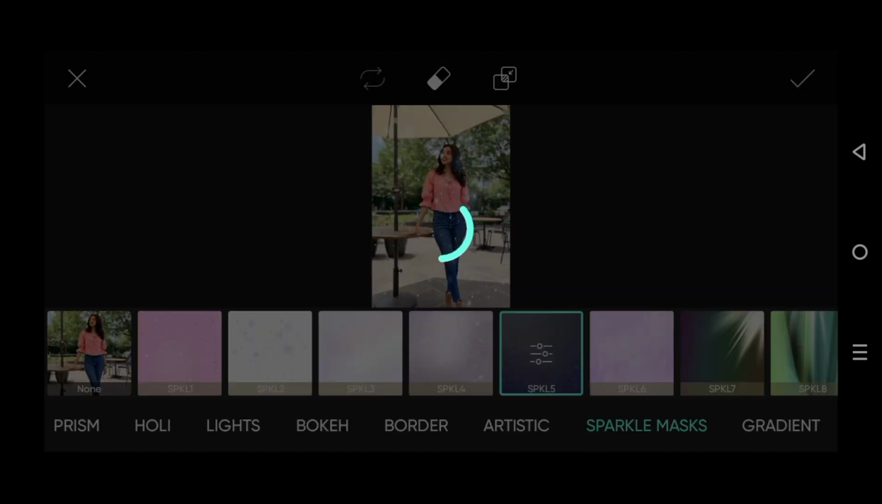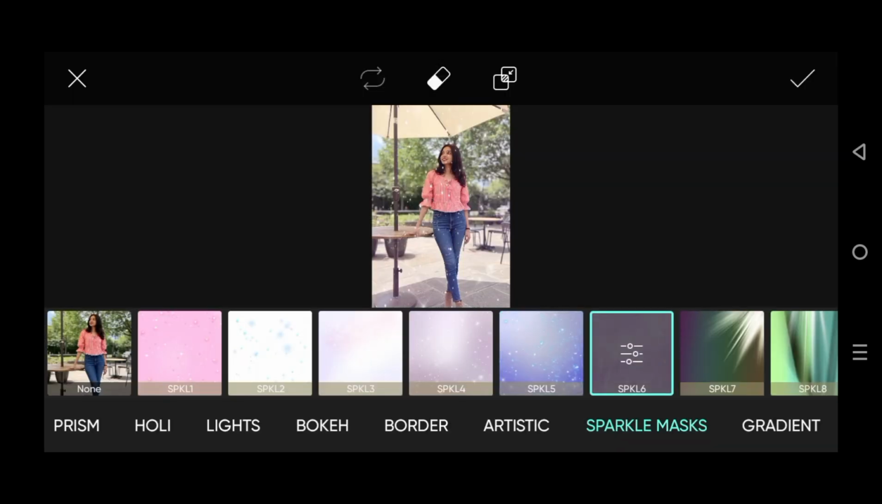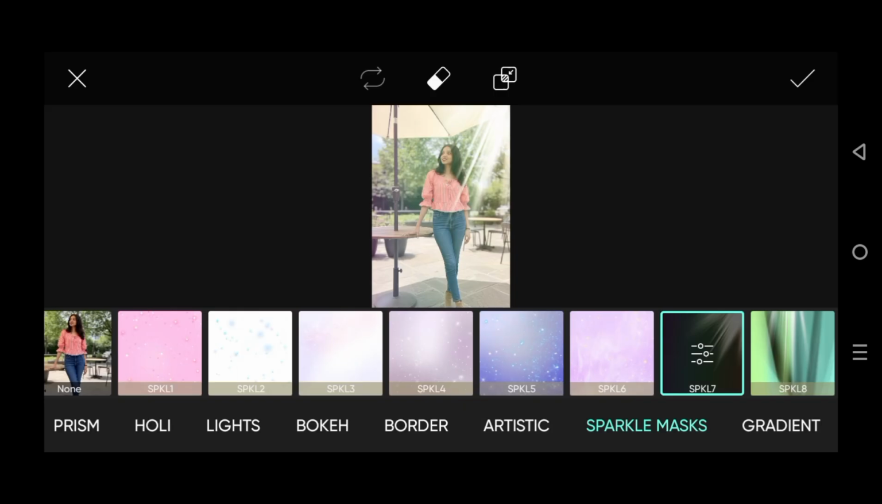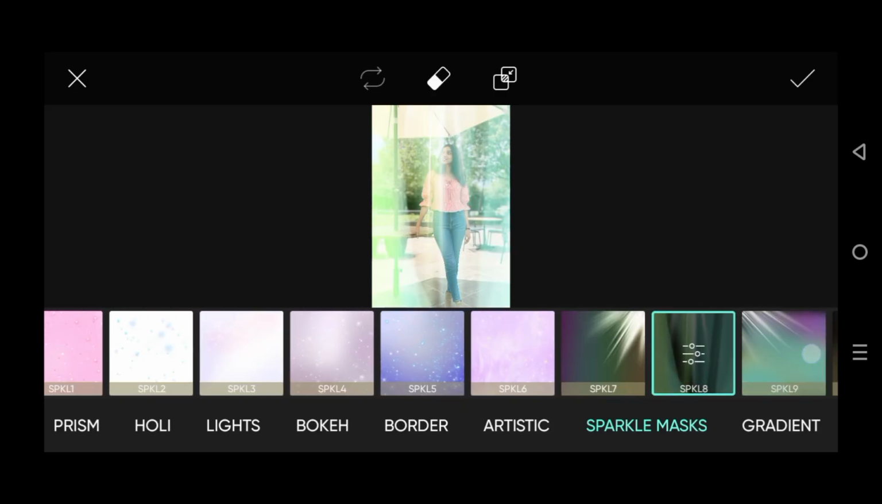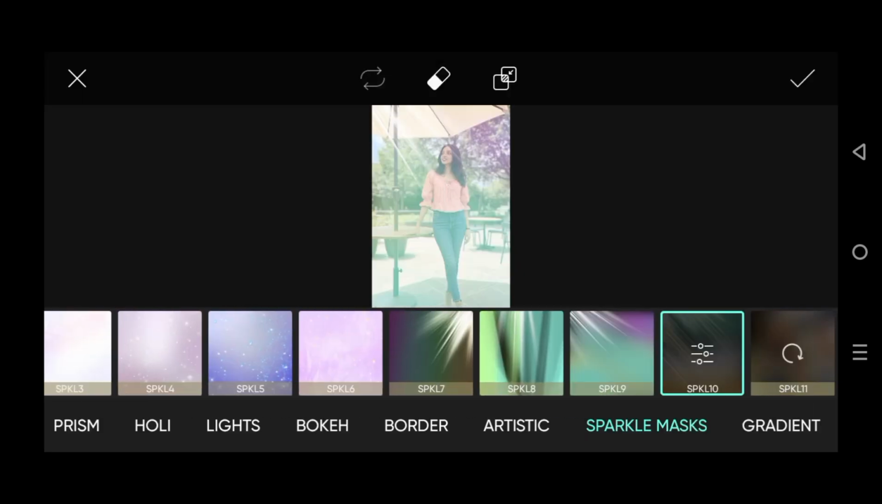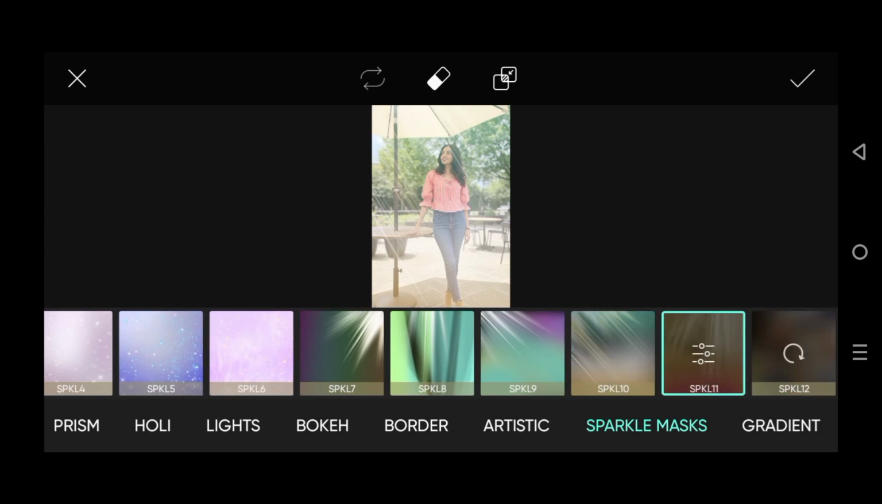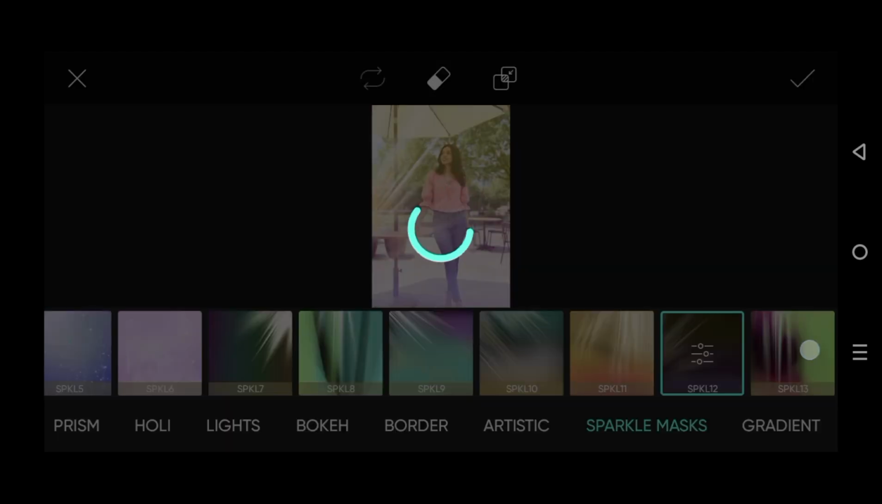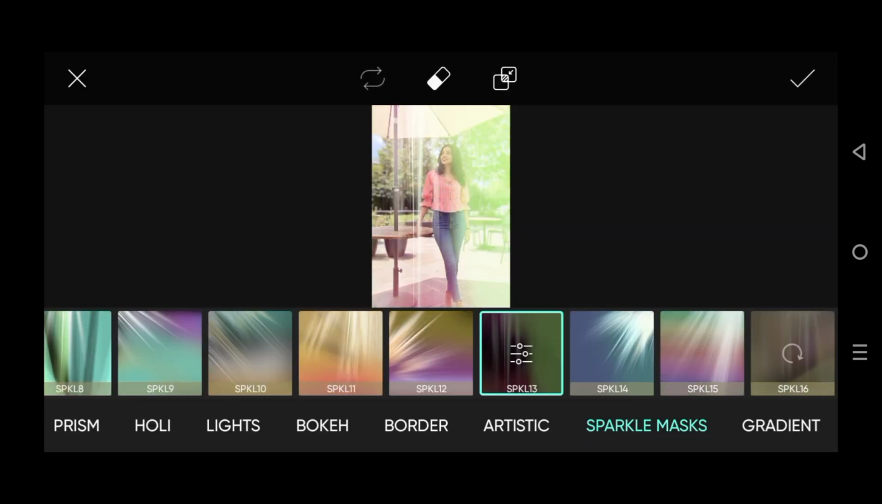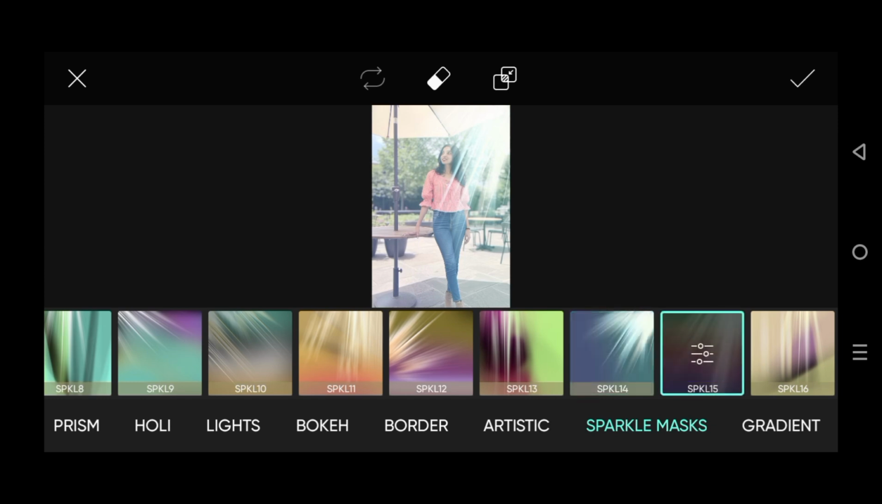That's sparkly 3, sparkly 4 and 5, and that one is a 7. So guys, that's 8, sparkly 9, and that's sparkly mask option 10. Next one is 11, 12, and that one's a 13, and that's sparkly 14 and 15, and that's a